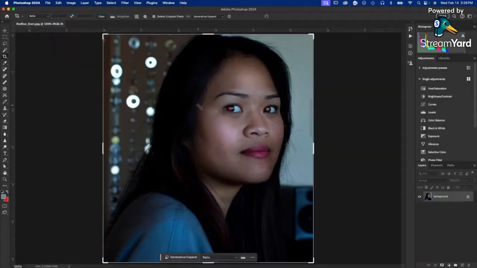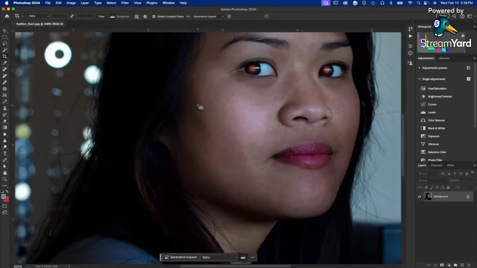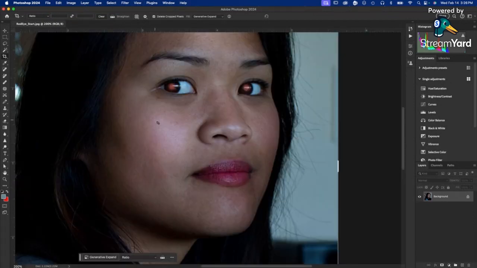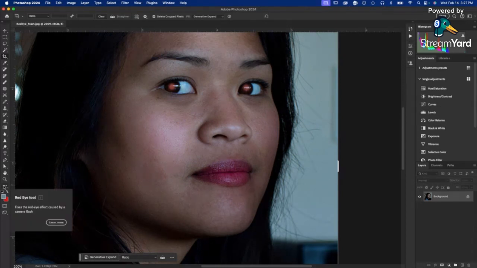So you can see this lady has red eye happening. Red eye is the camera flash reflecting off the back of a person's retina, and we see that as a red glow in the eyes. Photoshop has a dedicated tool to correct red eye, and you find it down here in the Extras menu in